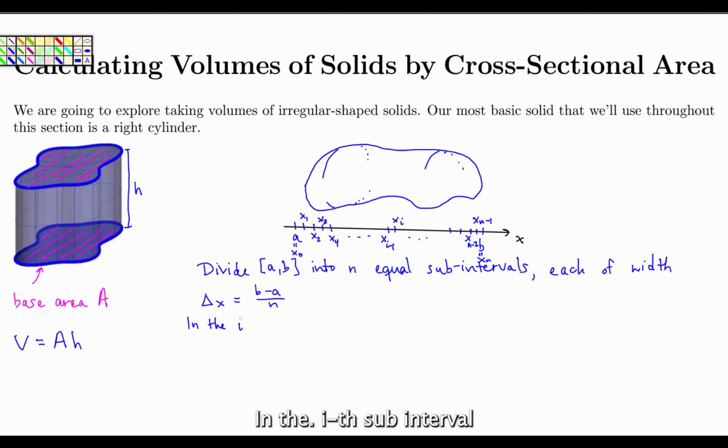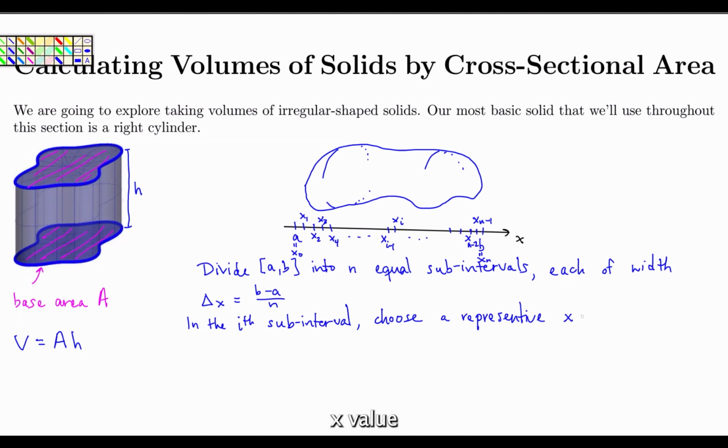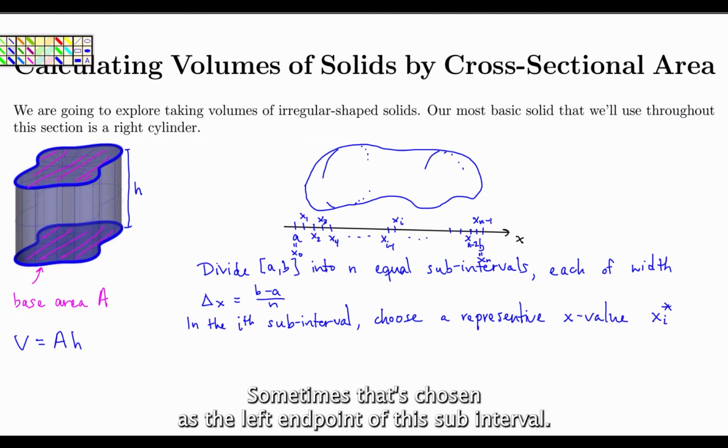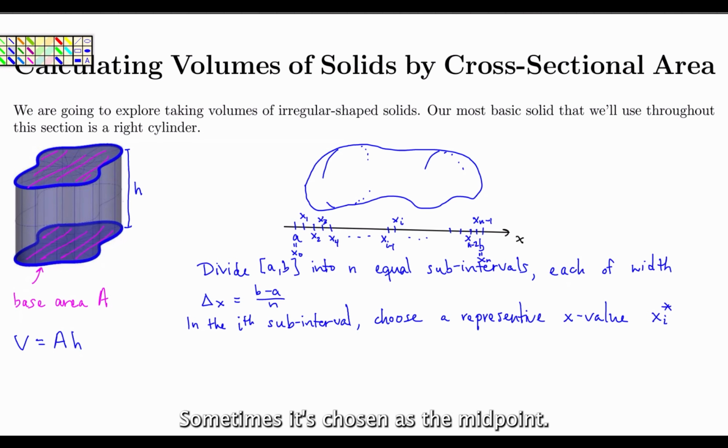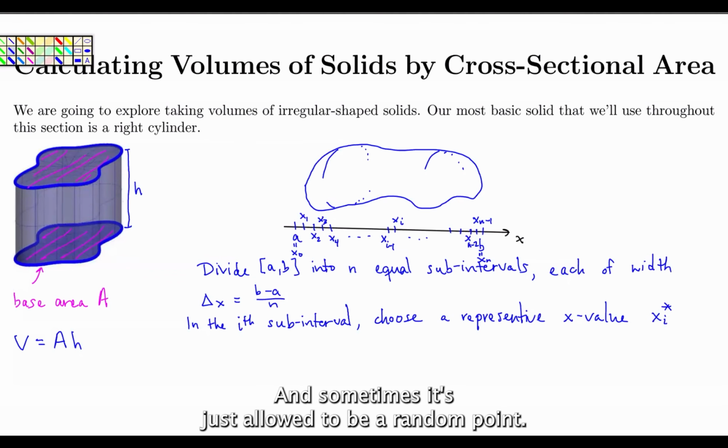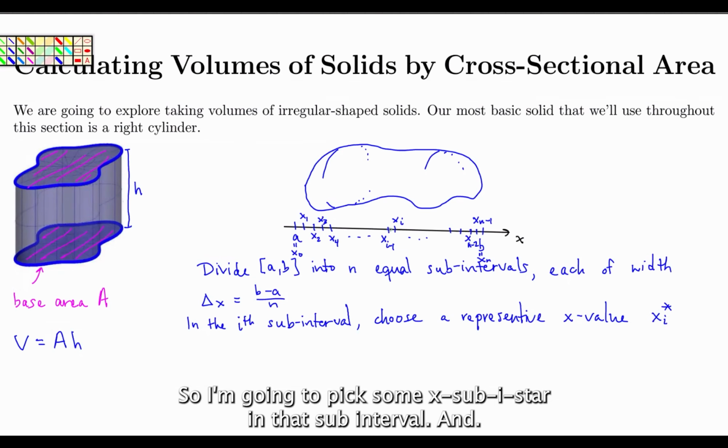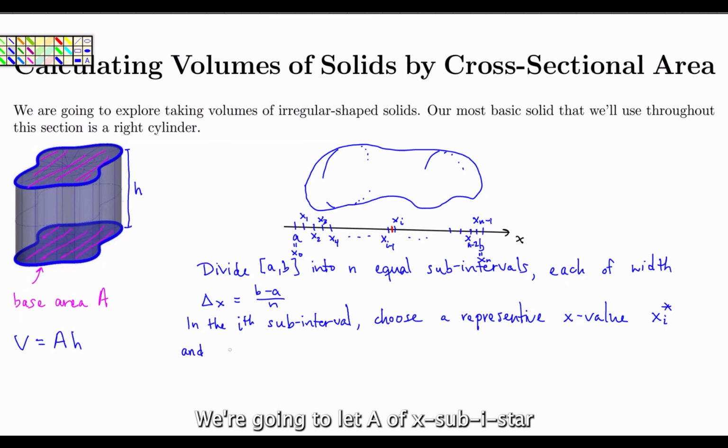In the ith subinterval, we're going to choose a representative x value, which we're going to call x sub i star. Sometimes that's chosen as the left endpoint of the subinterval, sometimes it's chosen as the right endpoint, sometimes it's chosen as the midpoint, and sometimes it's just allowed to be a random point. So I'm going to pick some x sub i star in that subinterval, and we're going to let A of x sub i star be